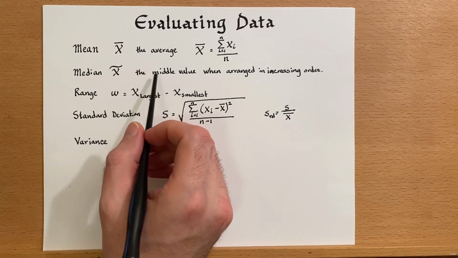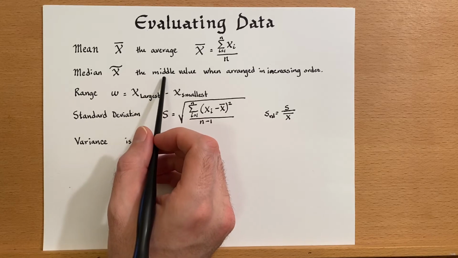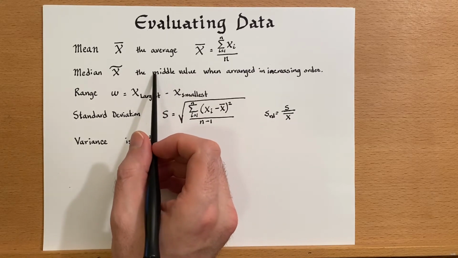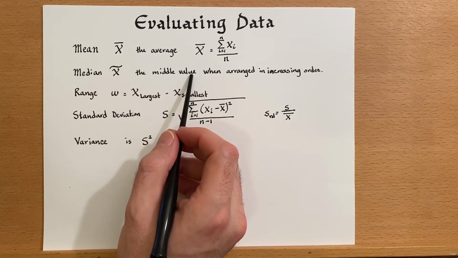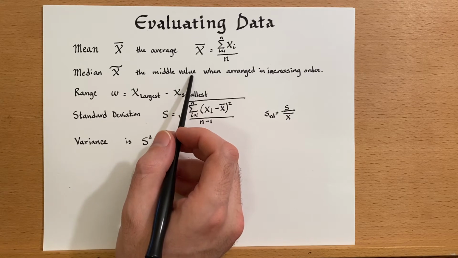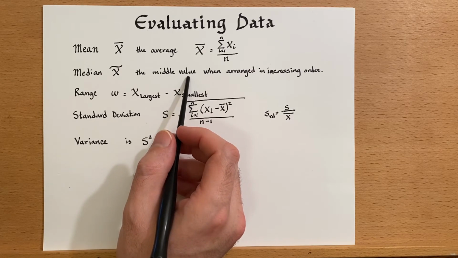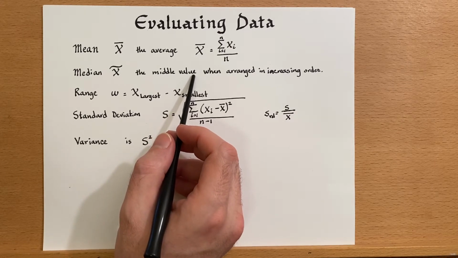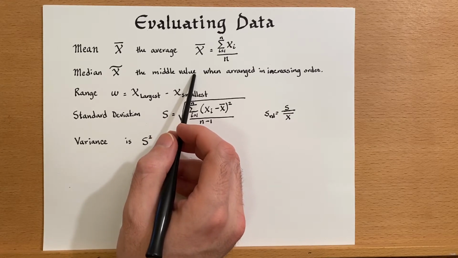When we arrange our data in increasing order, so from lowest value to the highest value, we just pick the middle value among them. If the number of data points is odd, that would be a single value. If the number of data points is even, then we would just simply average the two middle points to create